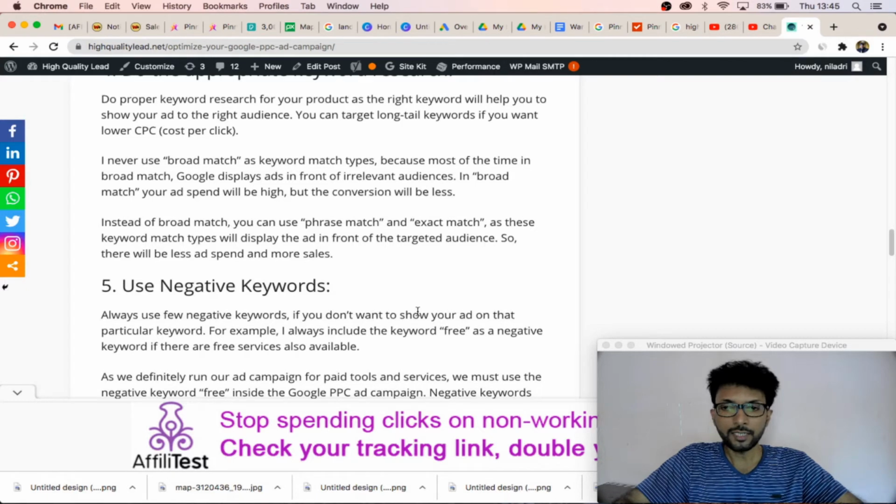So if you are running an ad, definitely your ad is for the paid tools. So you put free as a negative keyword there. There are various other negative keywords also. So do some research on negative keywords and use them. That is very important.